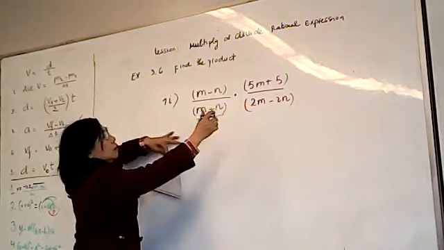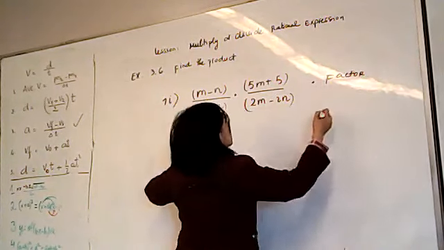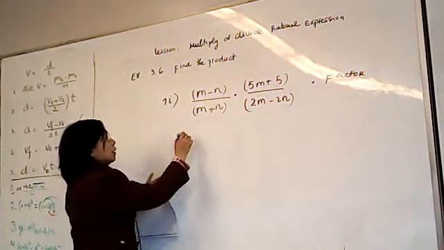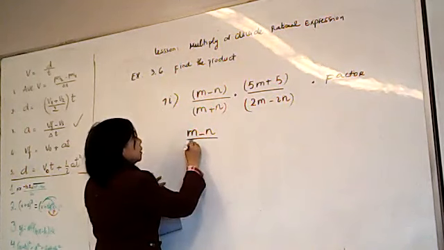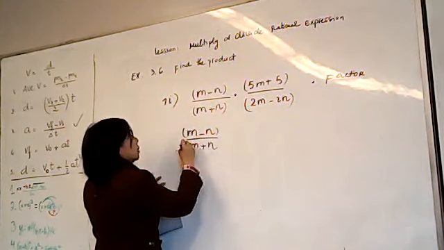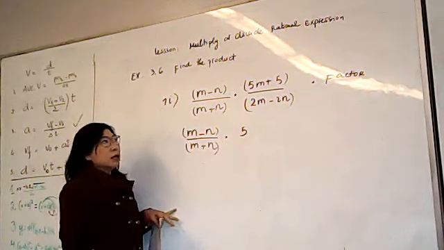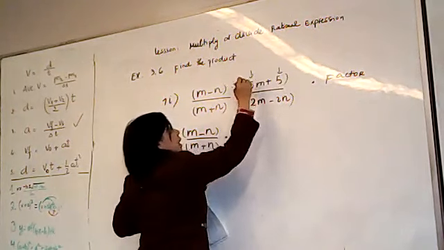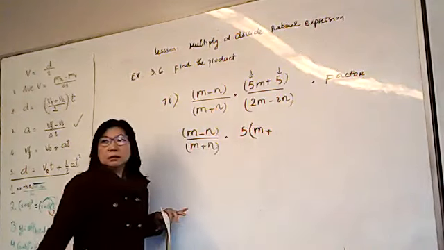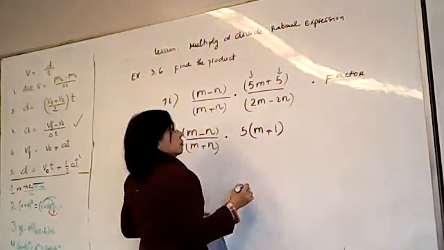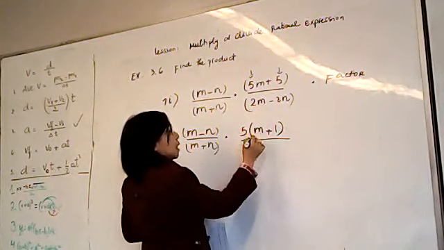Now, let's do it. Factor, always factor. Factor the top, factor the bottom. Factor whatever you can. Now, the top, this number, you don't have anything to factor. So copy it again. Now the second one, factor. 5 is a common factor, this guy and this guy. Pull it out. Inside you have m plus what? 1. That's right. Down here, factor out the 2 outside. Inside you have